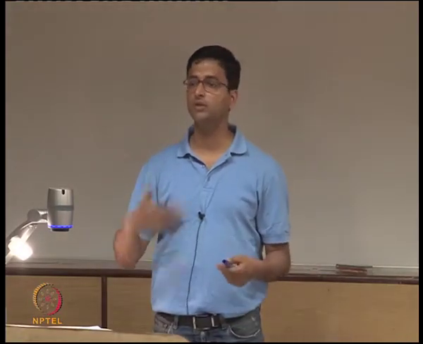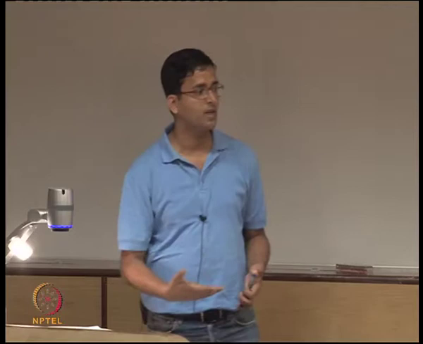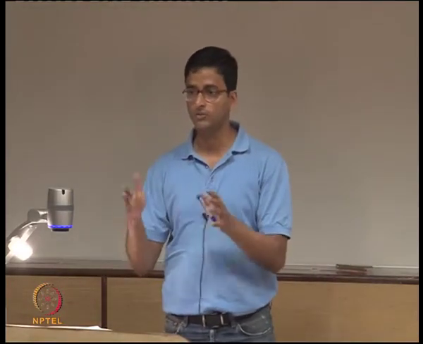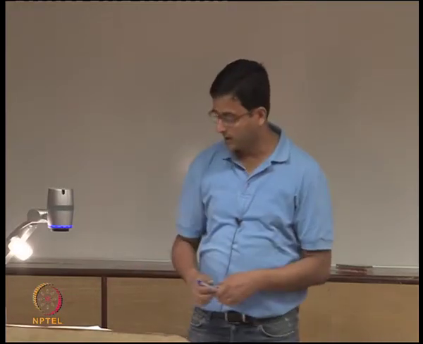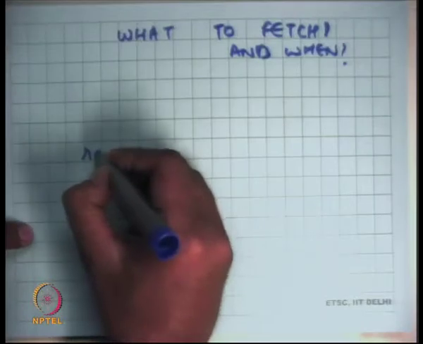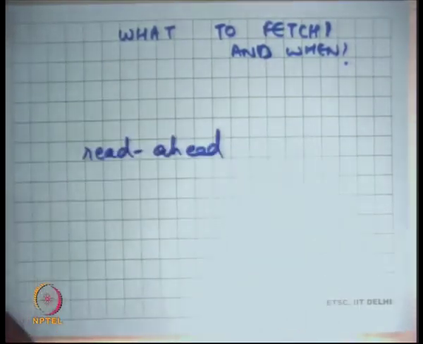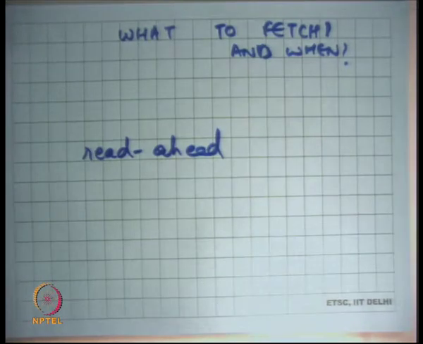And then as the program executes, it's going to access memory, and then you implement demand paging. Each time there's a page fault, once again you have a choice. Do you only fetch the page that was faulted upon, or do you fetch some pages around that also? So you can have something called read ahead, which is basically for spatial locality. Whenever you fetch a page, you also fetch some pages around that page. So that's called read ahead, right?